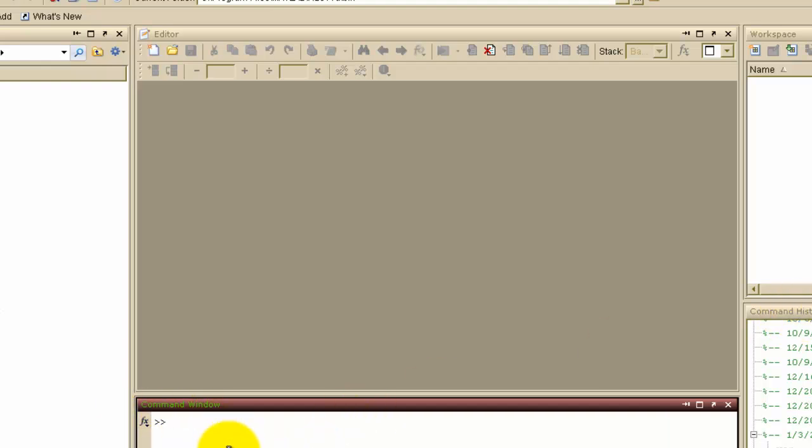Now if you have Matlab installed but you're not sure if you have Simulink installed or the control system toolbox, or you're not even sure what versions of the software you have installed, the version command will be helpful to you. Simply type in VER in the command window and hit enter, and Matlab will return everything MathWorks that you